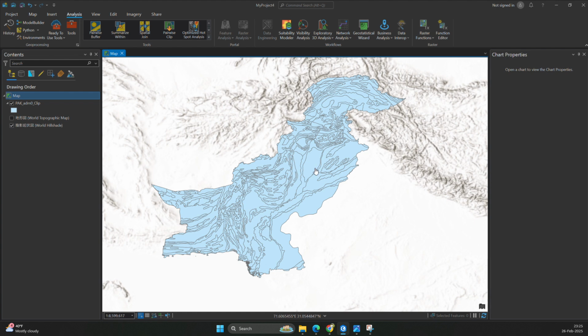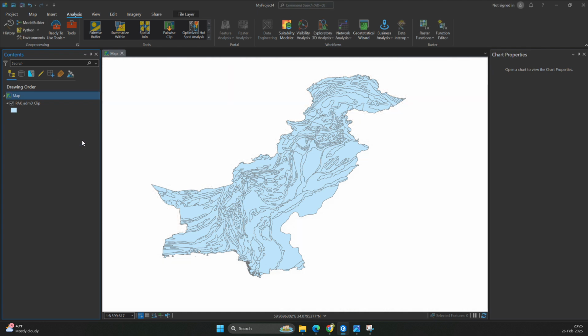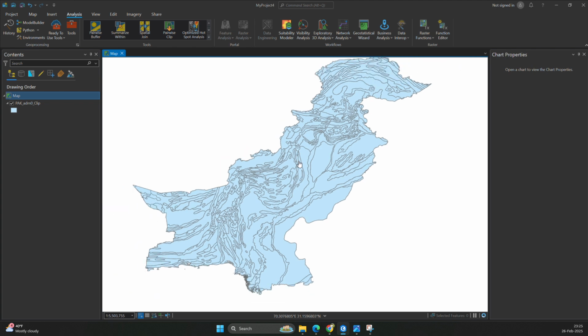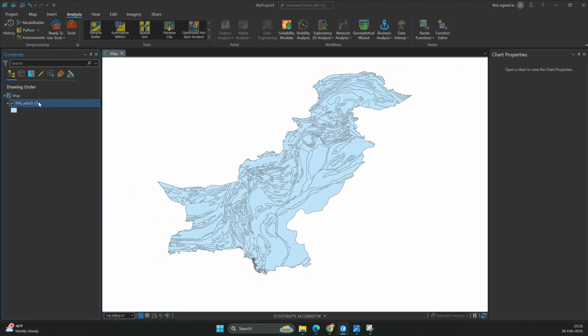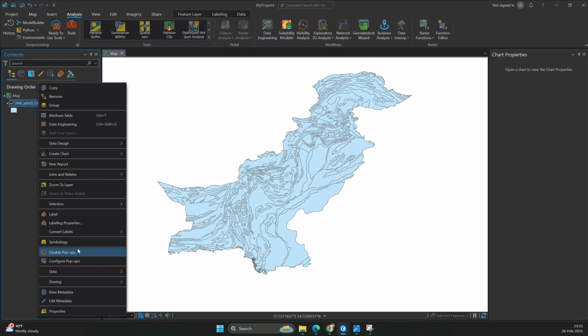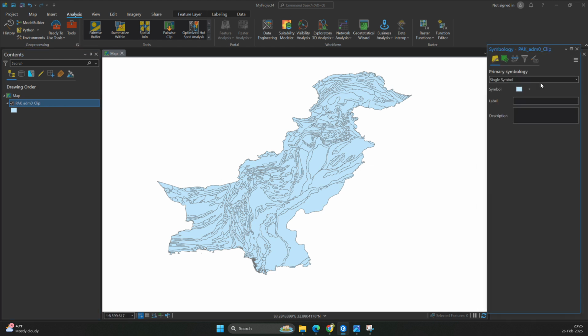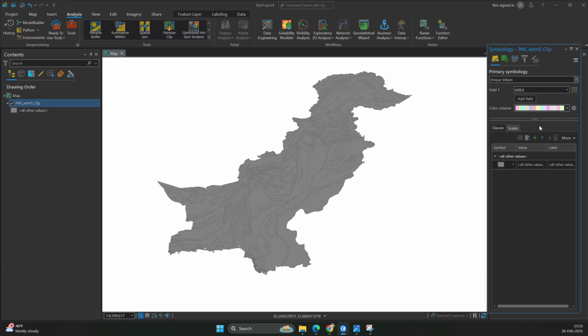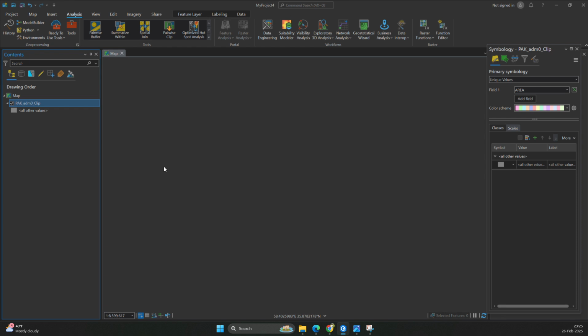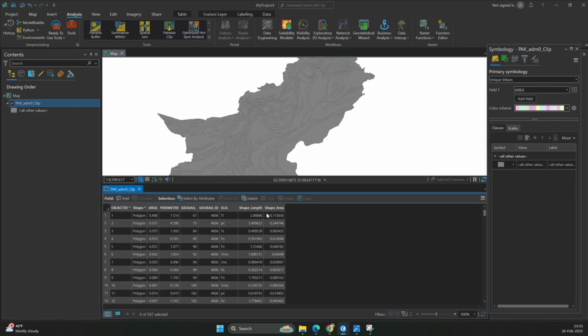Now what will I do? Firstly, I remove the base map. Yes, I remove the base map. So this is my geological data, and I go to my symbology, and in this symbology I will give the unique symbology. And I open the attribute table, so you can see this is the